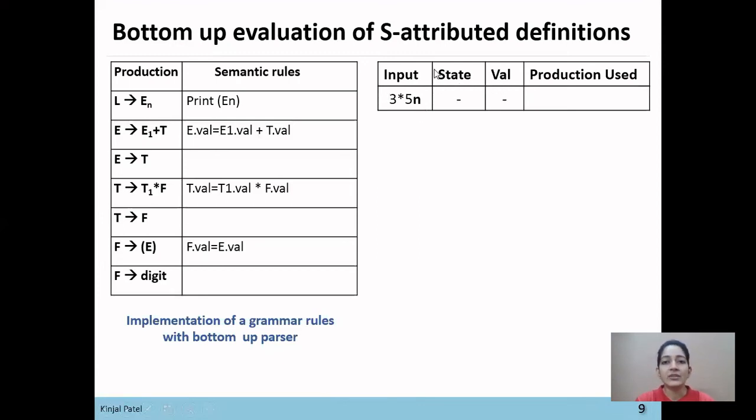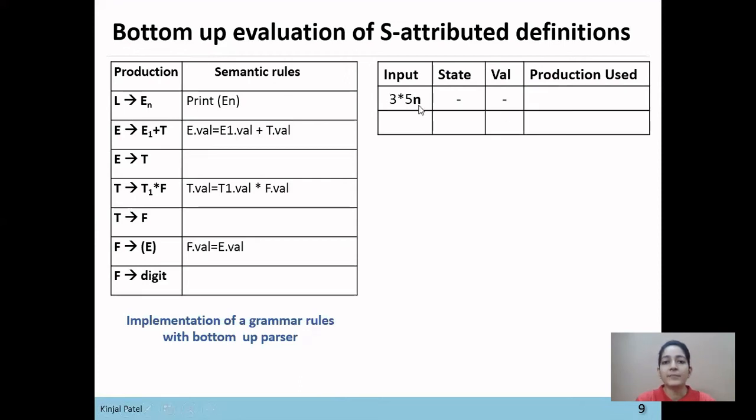So state is used to store the input string and the relevant reduction of production. Then value is used to store the attribute value of each state, that is, to store the result of each node, and production is used to represent the reduction of each production rule.